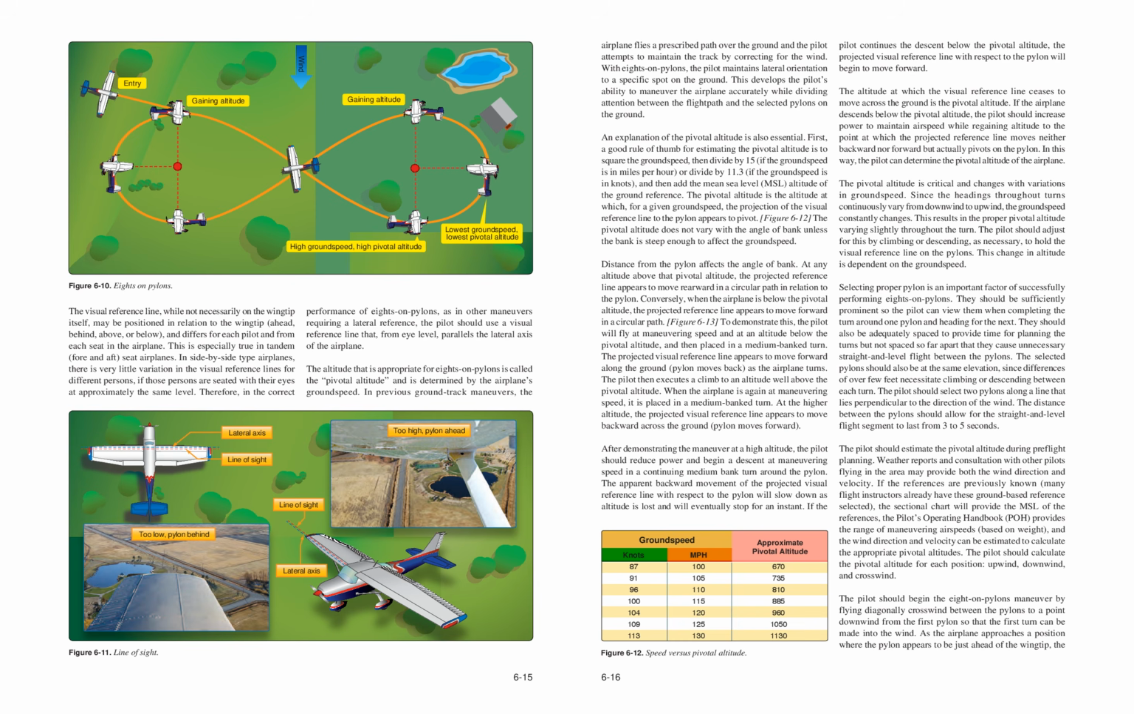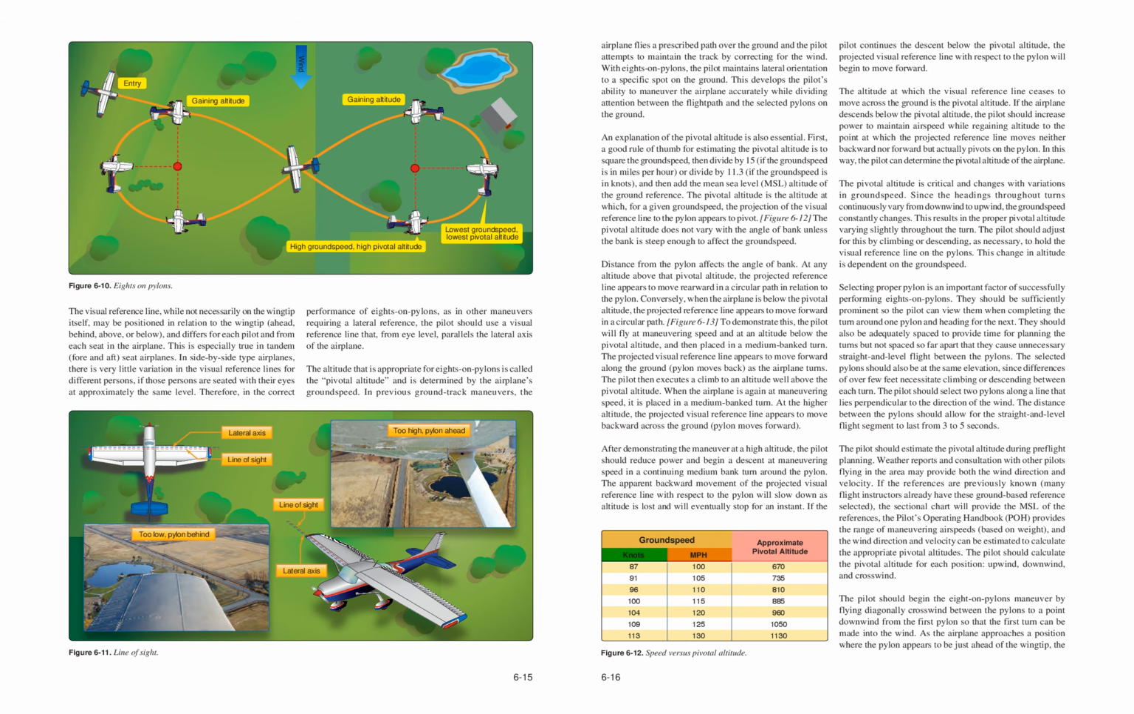Therefore, in the correct performance of eights on pylons, as in other maneuvers requiring a lateral reference, the pilot should use a visual reference line that, from eye level, parallels the lateral axis of the airplane. The altitude that is appropriate for eights on pylons is called the pivotal altitude and is determined by the airplane's